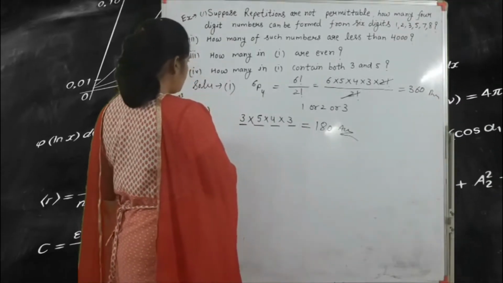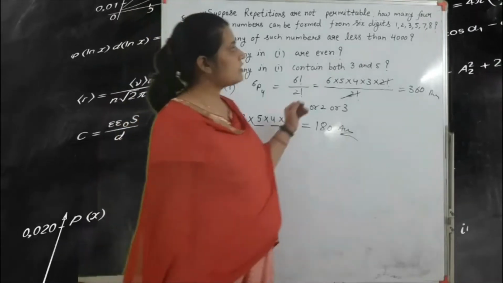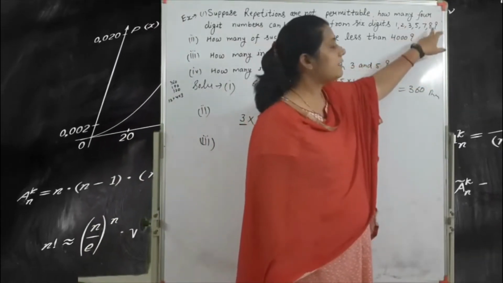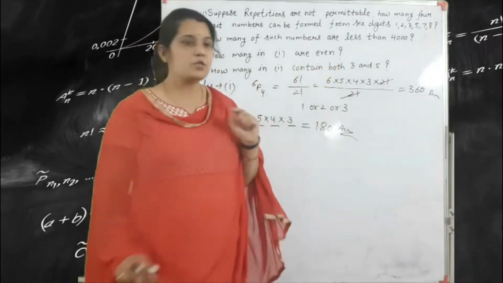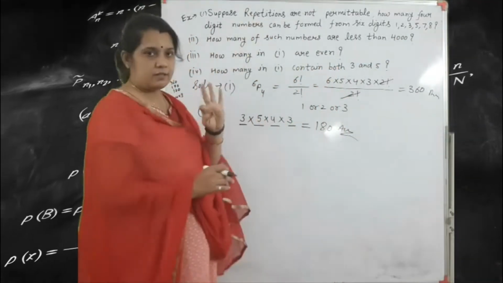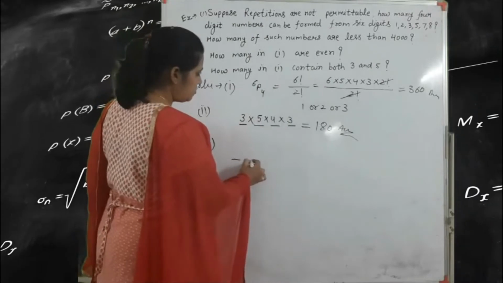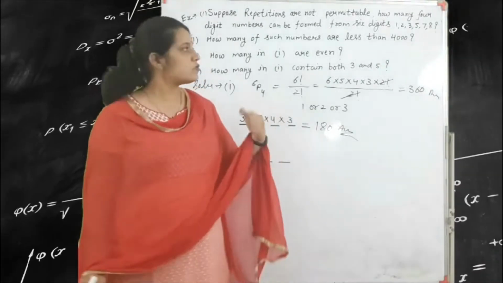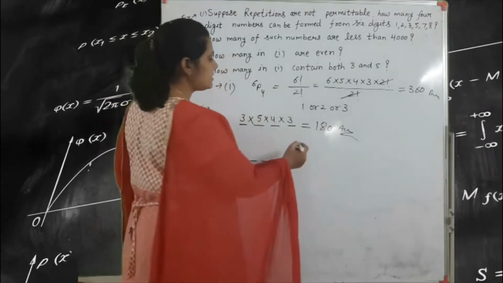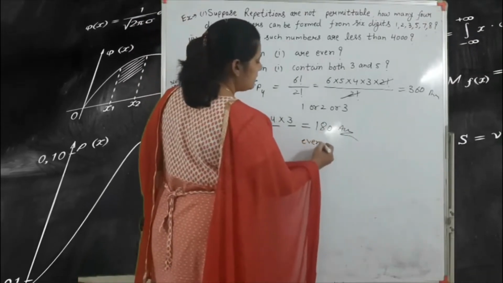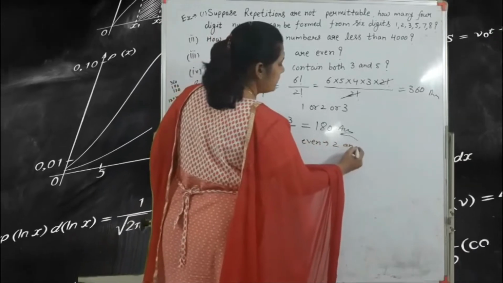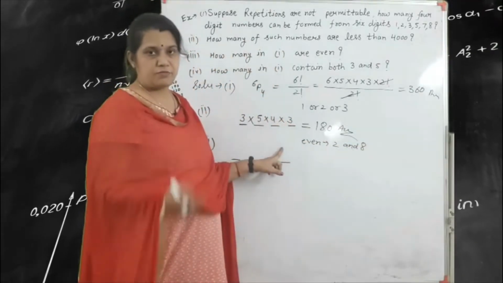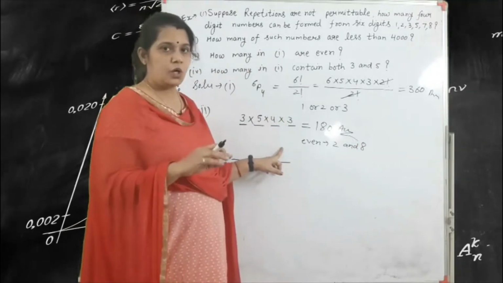So first you find out the even numbers. We have two even numbers, 2 and 8. We are finding the four-digit number from the digits 1, 2, 3 and 4. Here the even numbers are 2 and 8. Got it? That means according to the unit place, we write here either 2 or 8.